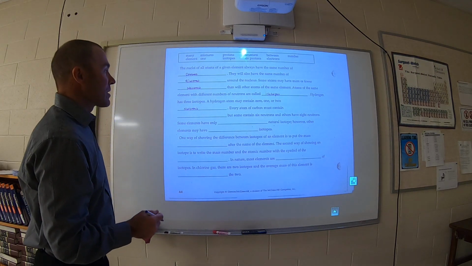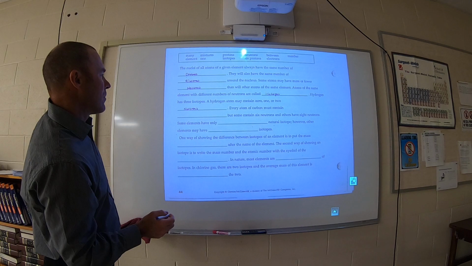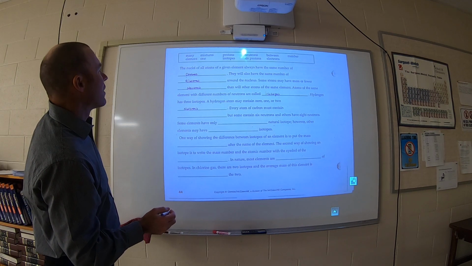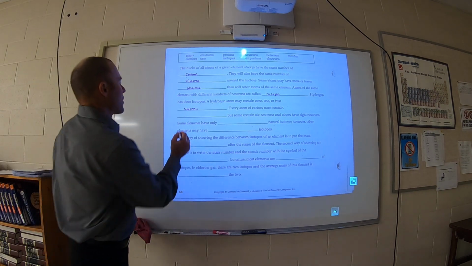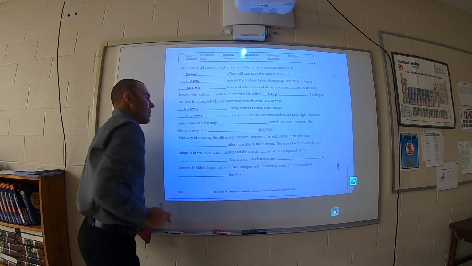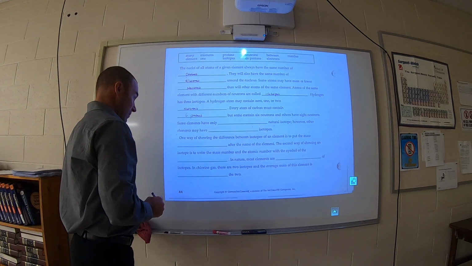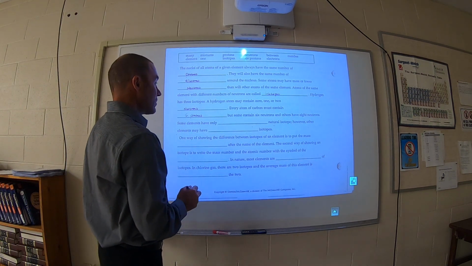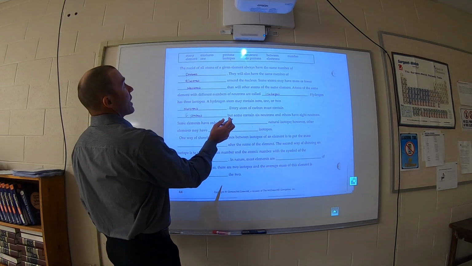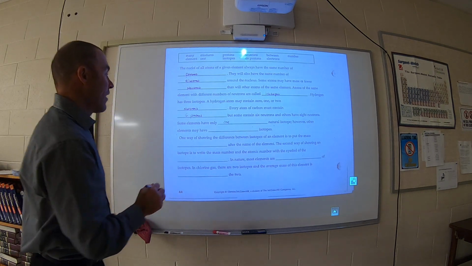Every atom of carbon must contain 6 protons. I thought it was 6 protons. But some contain 6 neutrons, and others have 8 neutrons. Some elements have only blank natural isotopes, that's 1. However, other elements may have many